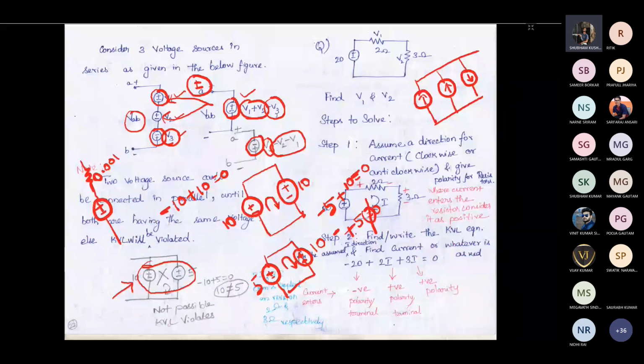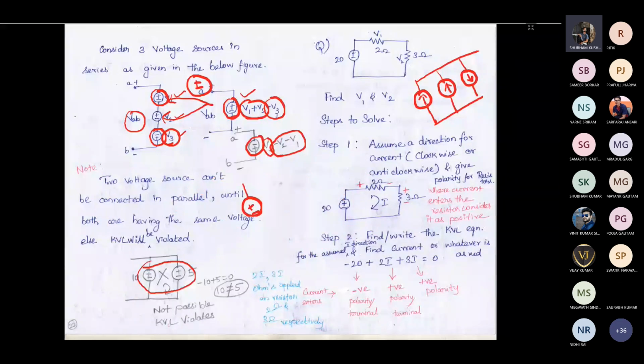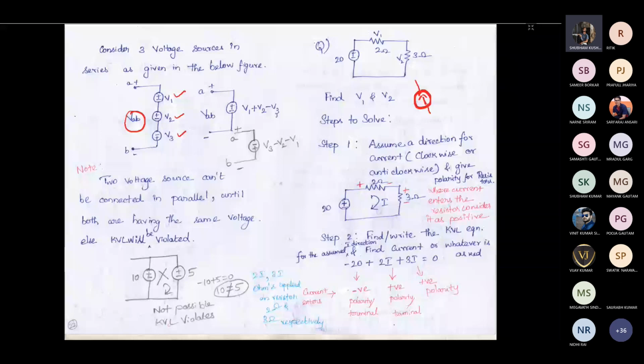When you are connecting two ideal independent voltage sources, it is not possible to connect them when they have different voltage magnitudes. Why can you not connect like that? It will violate KVL. This is the very basic understanding. That's why it is mentioned that these kinds of sources are not possible, because they would violate KVL. Irrespective of the circuit you have, it should follow KVL and KCL at any cost. KCL is based on the law of conservation of charge, and KVL is based on conservation of energy.